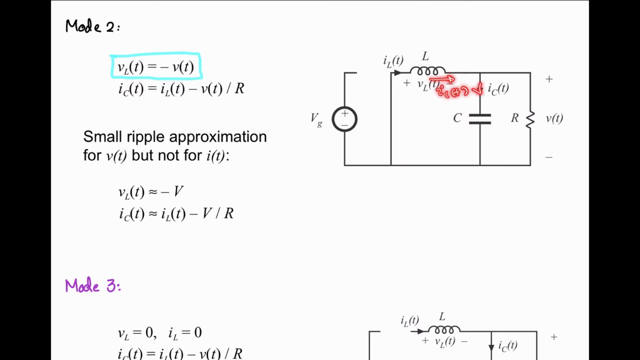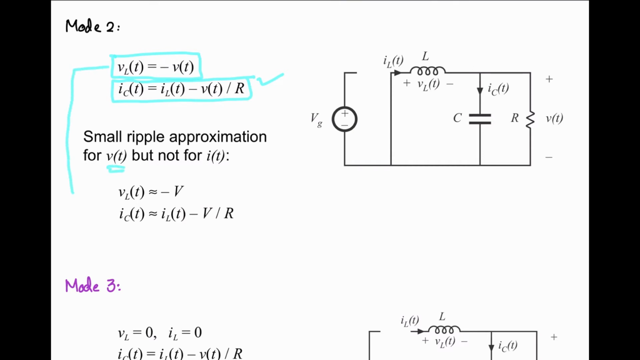So from here, if you subtract the ICT, you will get the load current, or this is the inductor current IL. From that, if you subtract the load current, you will get the capacitor current. So inductor current minus the load current, you are going to get the capacitor current. So applying small ripple approximation for the voltage,